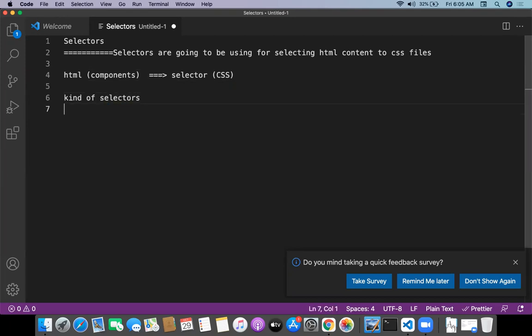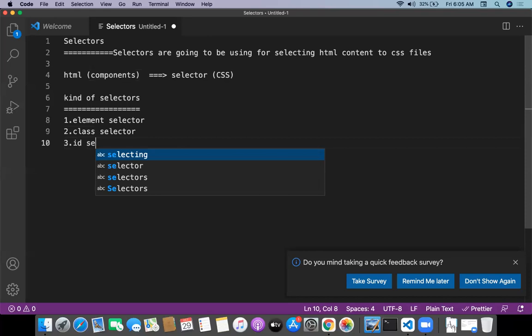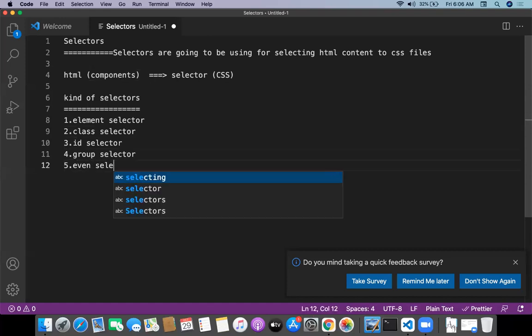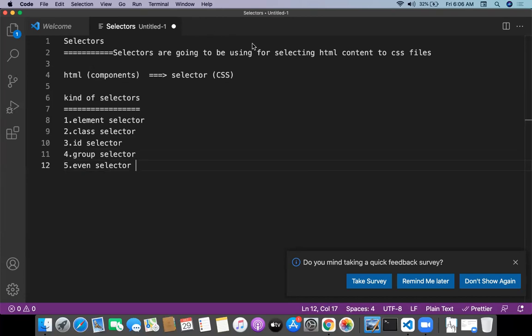See, what are the different kinds of selectors which are going to be available in CSS? One is element selector. One is a class selector. One is the ID selector. One is a group selector. One is an even selector. One is an odd selector.